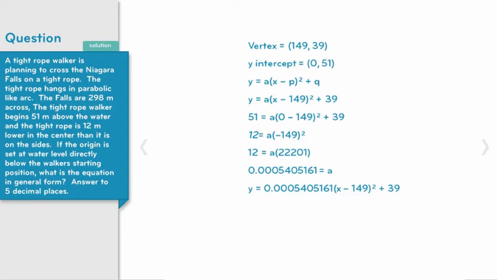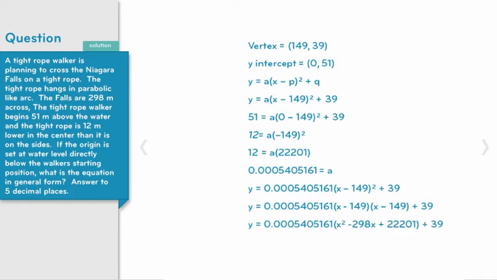in general form. So we're going to square x minus 149, and when we do that, we get x squared minus 298x plus 22,201. Now we're going to multiply all of those by the a value. And we're going to round everything to 5 decimal places. Our last step is to take that 12 and 39 and add it up to give us our c value, our constant. Now that value is the same value as our y-intercept, so it worked out to be 51, which